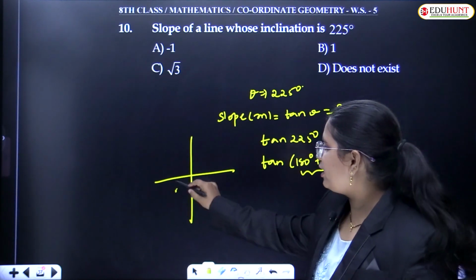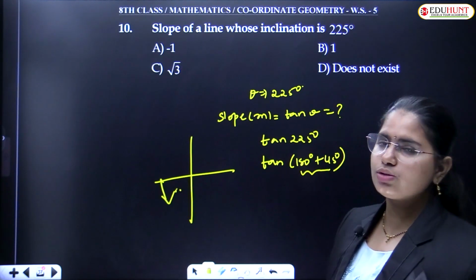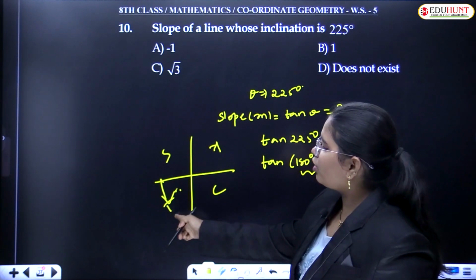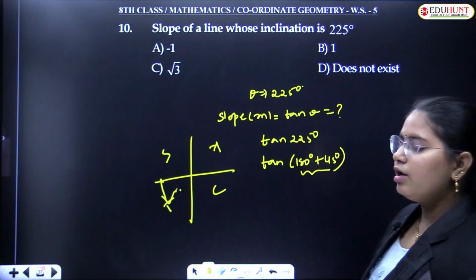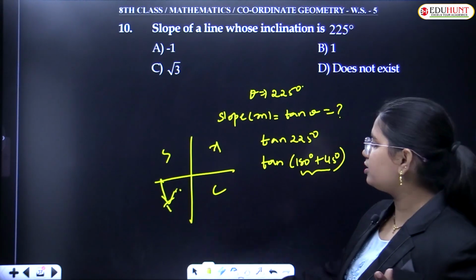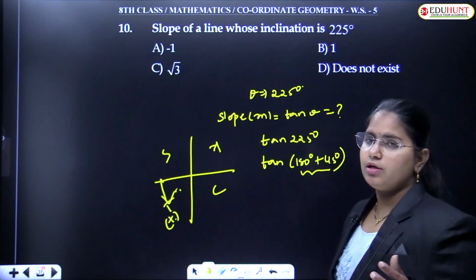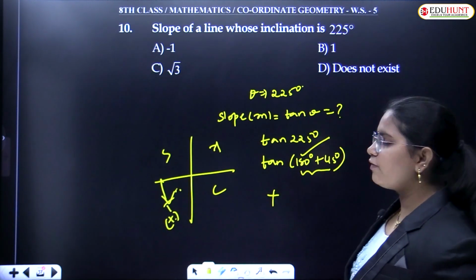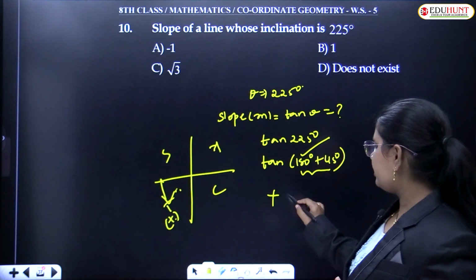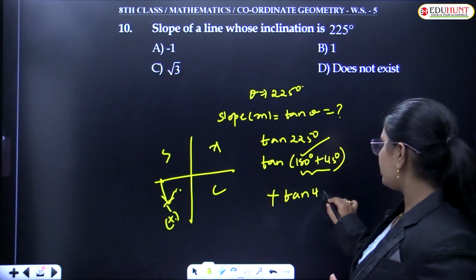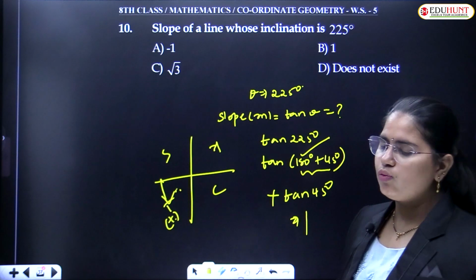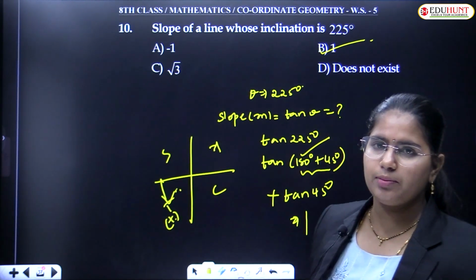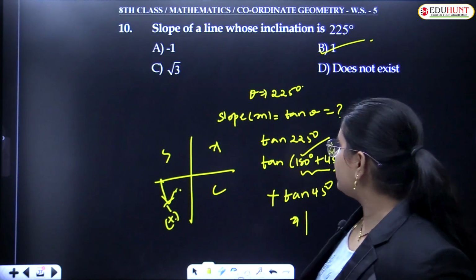180 plus 45 belongs to which particular quadrant? Third quadrant, right? 180 plus theta belongs to the third quadrant. In the third quadrant, all silver tea cups: T represents tan, and the reciprocal function of tan is cot. These both take positive values in the third quadrant. So, tan is becoming positive. Hence, it is an even multiple of 90, the function does not change, so it will become tan only, which is 45 degrees. What is the value of tan 45? 1. Option B will be your answer. Are you clear with it? Chalo, we will get back to the next question.